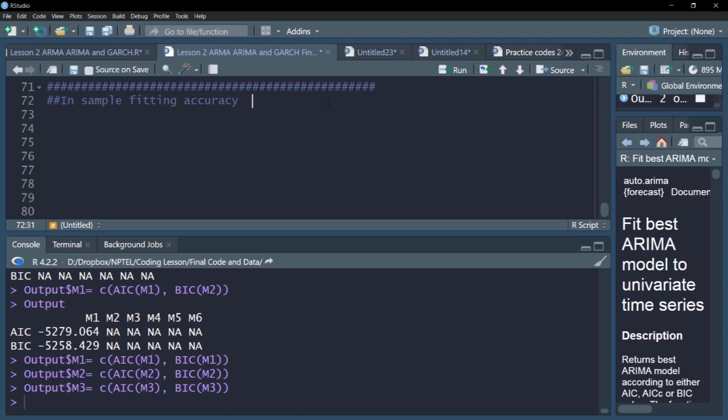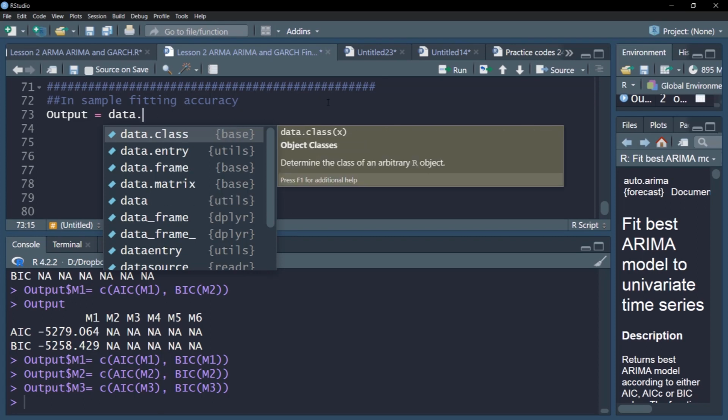And for that, we have already trained our 6 models. We'll examine which one of them fits the in-sample data very well. Please recall, AIC-BIC measures are very useful for such examination, as they penalize the addition of new variables unless these new variables give us very good information content. So I'll create this output object to store these fitted AIC-BIC values.